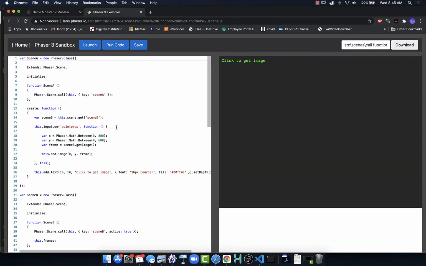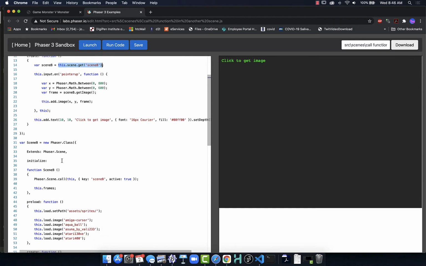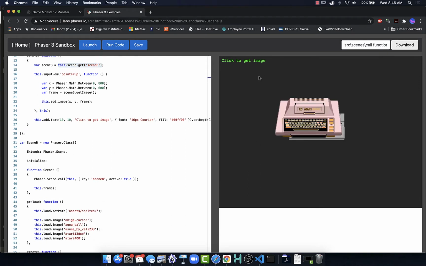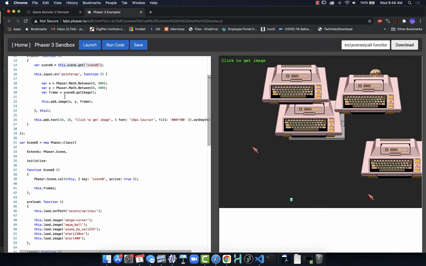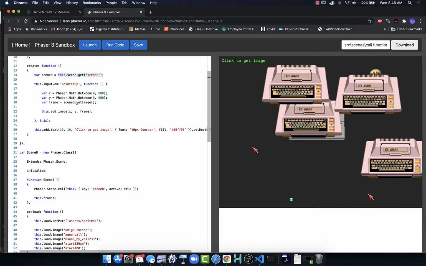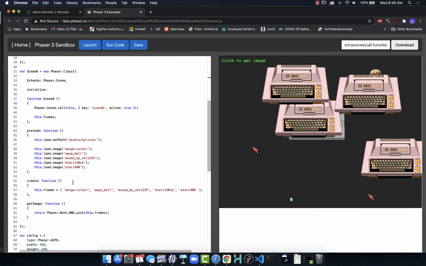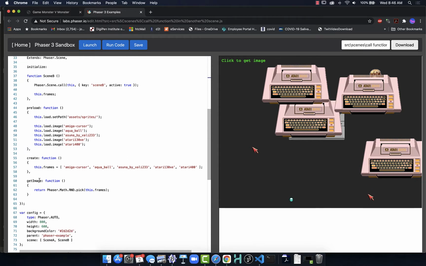So looking in the Phaser Labs, we'll see in this example where it's set up where there's scene A and scene B, and when I click in the one scene, it's going to then grab an image. So in scene A, when I click, it's going to get scene B, and then it's going to be able to work with that. So if I click OK, it gets an image. It's just randomly putting that image in some location, so we can see where it's telling scene B to get image. If I look into scene B, we can see that scene B then has a method